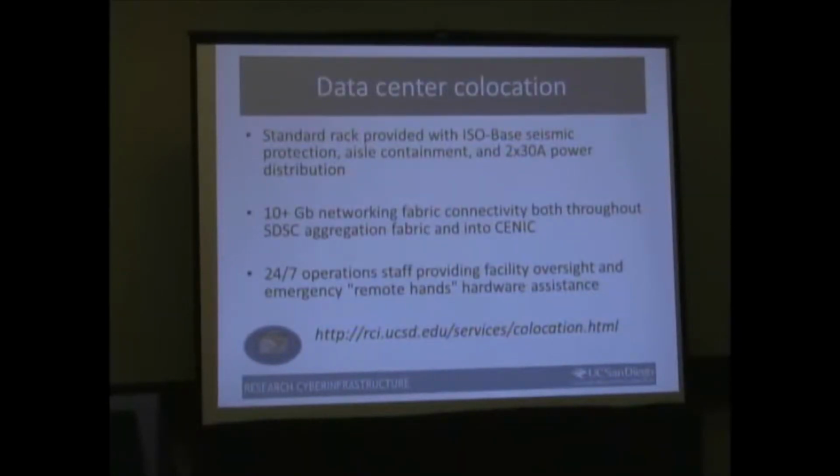Data center co-location. And this is basically, I think as we all probably see on our campuses, people have servers in janitors' closets and under desks and disks on shelves and all this kind of stuff. And besides the fact that that's a really bad idea, it's also in the long run very expensive because you have people using up lots and lots of power on campus in inappropriate ways and inappropriate locations. And so this is a move that the campus is looking at to help fund movement of systems into 24/7, 365 real data centers, and how to make that happen, et cetera.